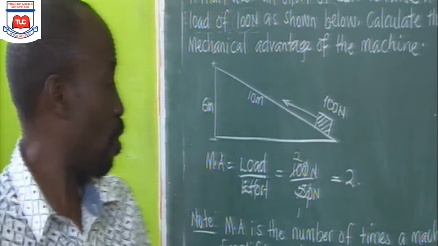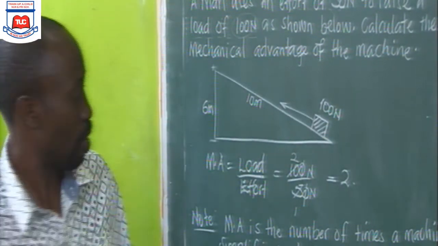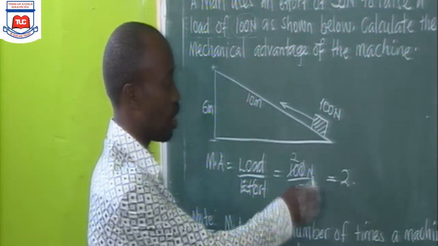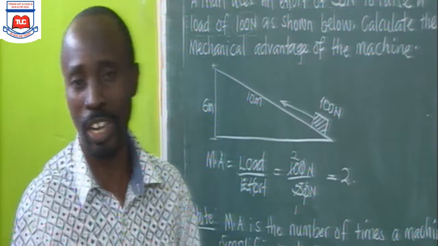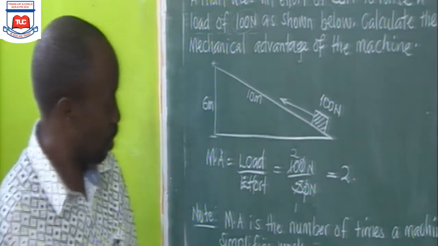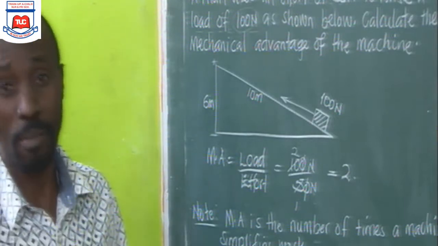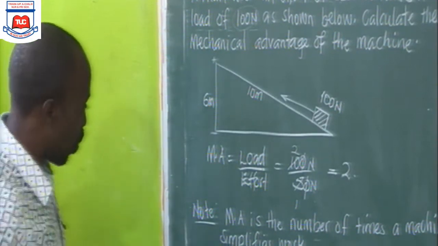Now you'll note that mechanical advantage does not have newtons. Why? Because we are dividing newtons by newtons. So those ones will cancel each other and we stay with 1. So newton divided by newton becomes 1. So that's why mechanical advantage does not have units. Okay? So we are noting that